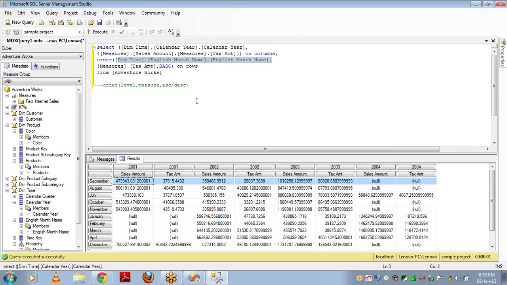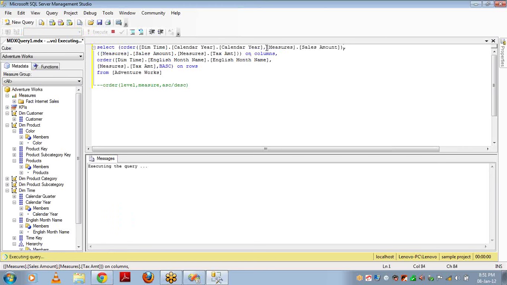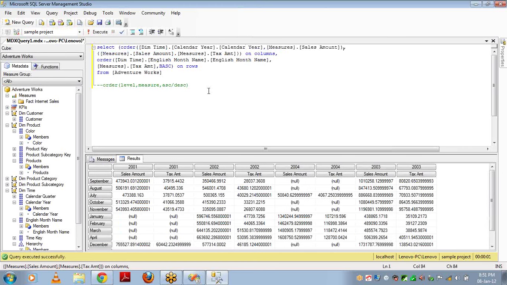And let's see how to order the data year-wise. I mean, how to order the data on the attributes which are used in the columns. Can we use that or not? We can use it, and it is as simple as ordering the data in rows, as we have seen. I'm using the sales amount as measure. So this is how you will get the data. You can simply sort the data.